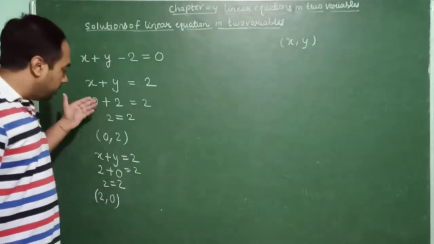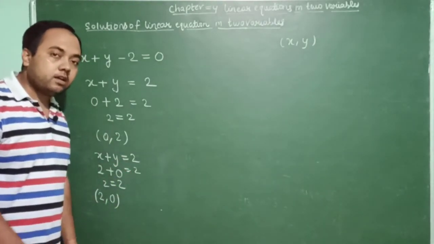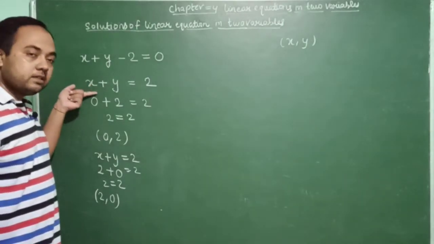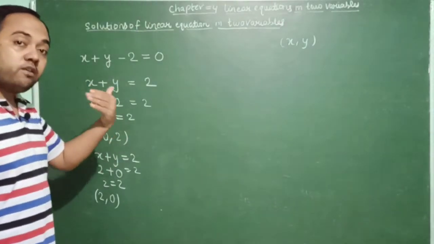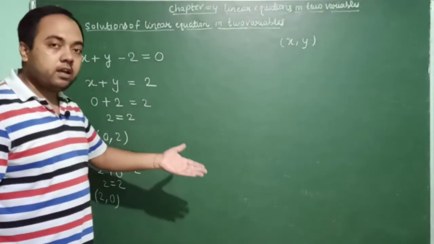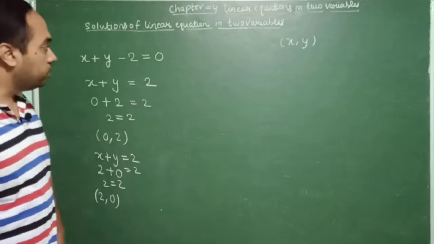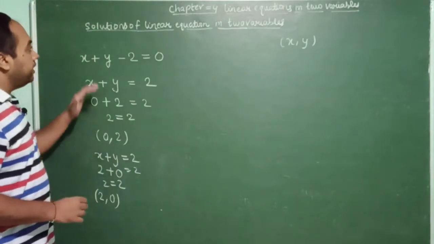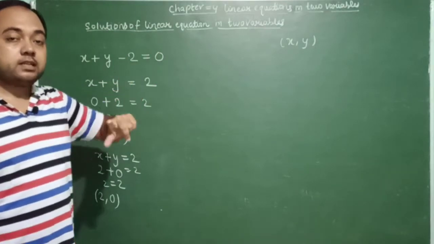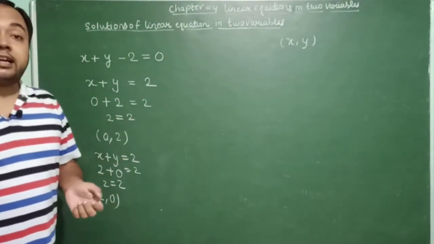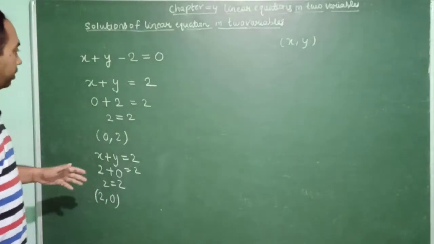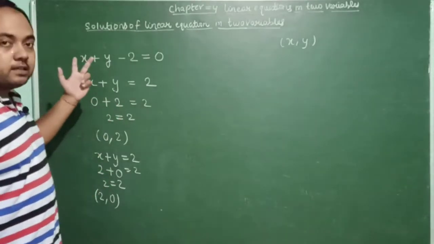इस तरह से तो बहुत सारे solutions मिलेंगे यहाँ पर, है कि नहीं? तो in general what we can say is that for each real value of x we will get a corresponding value of y and vice versa. उल्टा भी हो सकता है, हम y को रखते आएंगे तो x मिलता जाएगा. So over here what we can say is that a linear equation in two variables has infinitely many solutions. आई बात समझ में?